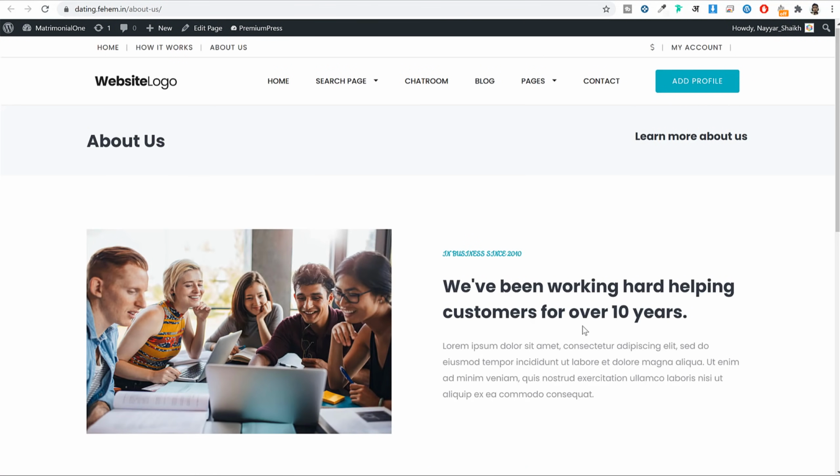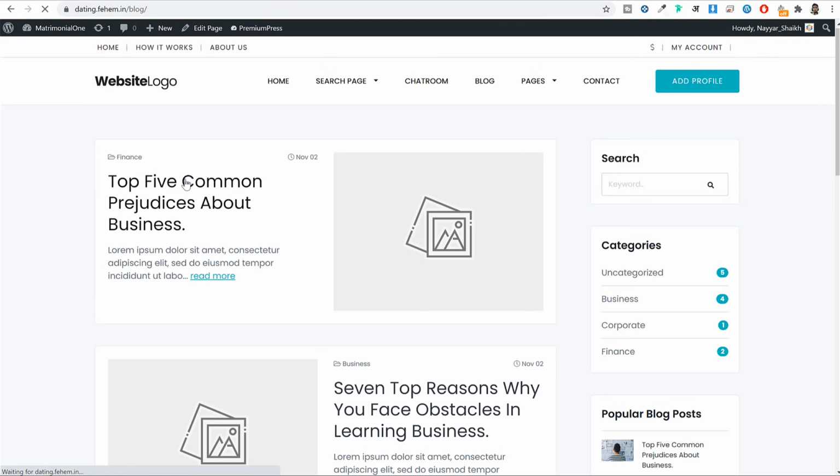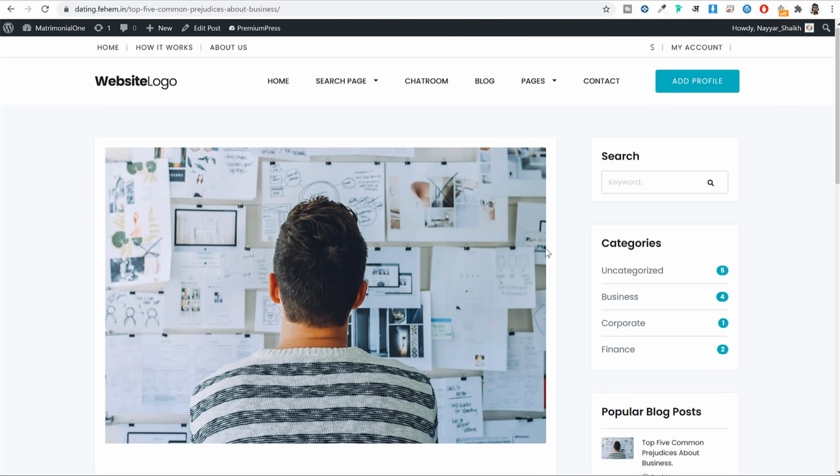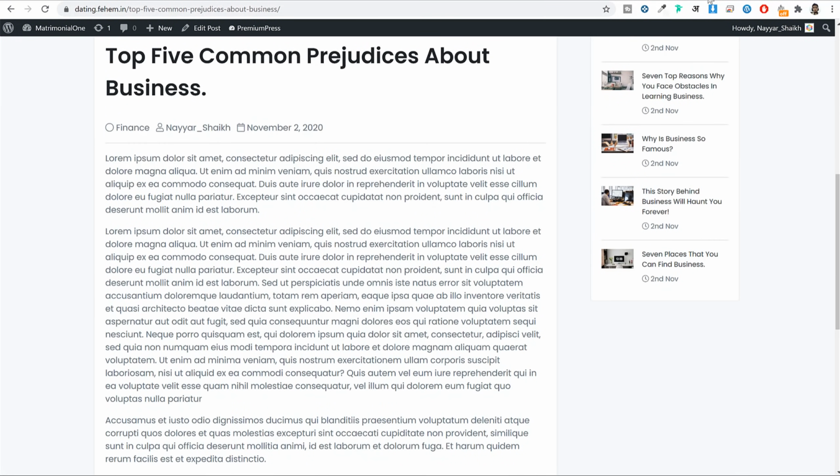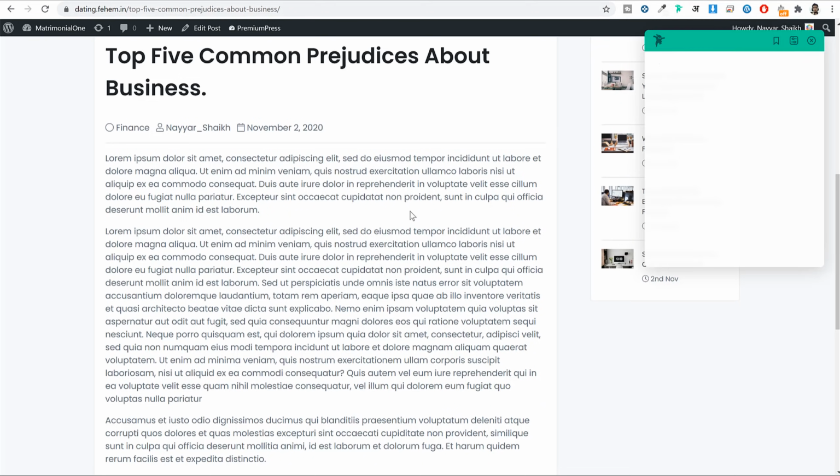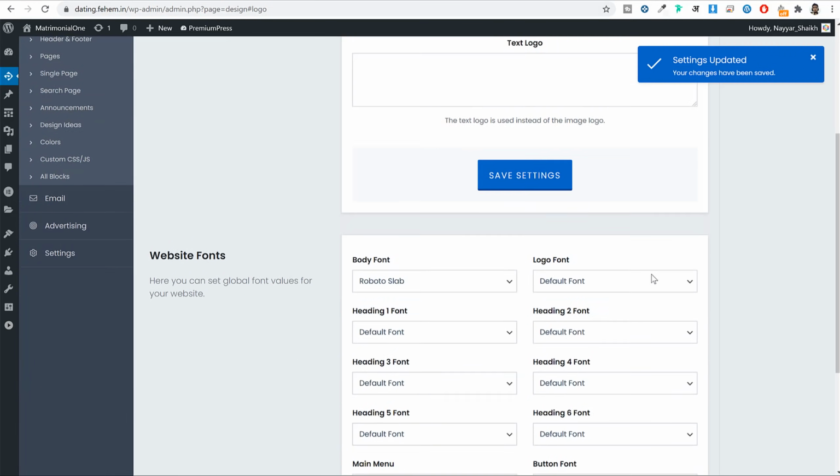Again, if I refresh this page, okay, it is still using Poppins. Let's go to blocks, because that is where the body font family is used. If I open this blog post in a new tab, let's see which font family is used over here. If I use this option again, it is still using Poppins. Maybe that caching thing is happening again. Okay, let me just save this setting.